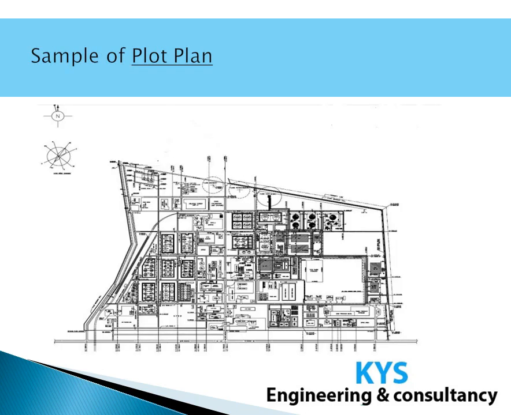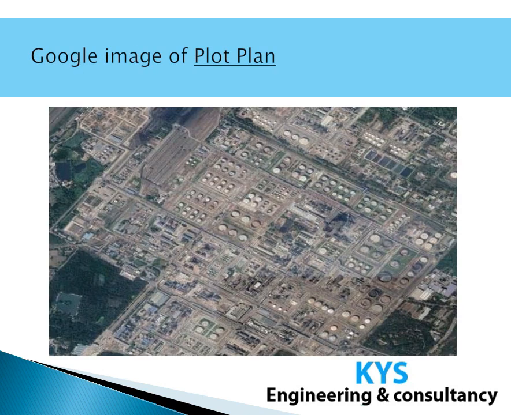This is a sample of the plot plan. We can see here that there are different process units, different other facilities, interconnecting roads, all that is there in this plot plan. This plot plan will contain the actual north and plant north direction along with the prevailing wind direction in the form of wind roses. This is a Google image of one of the process plants. Here tank farms, gantries, green belt and other process units are visible. So this is just a view of how it looks from the sky.